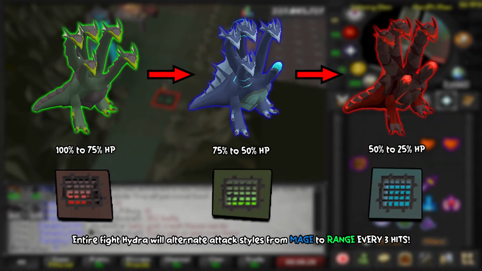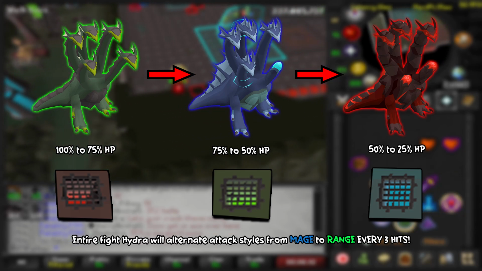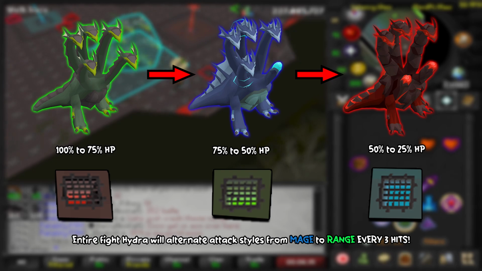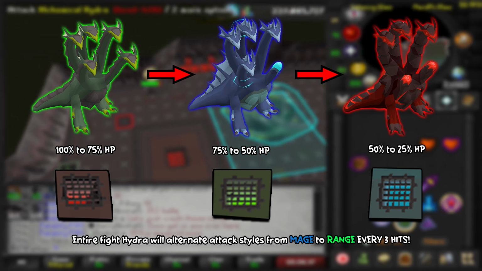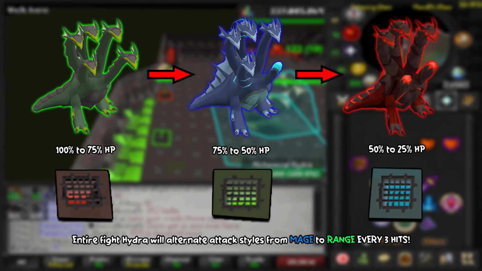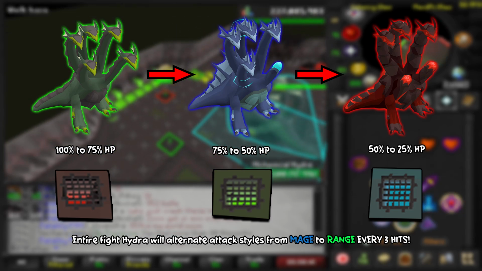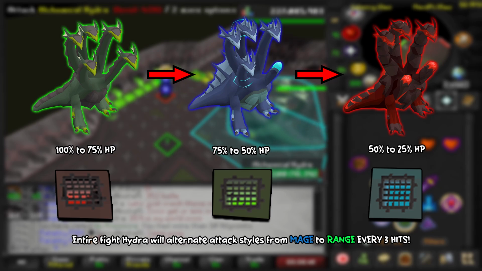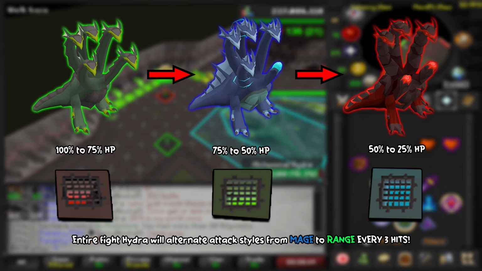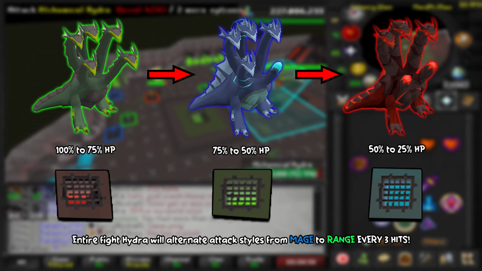So just to recap a few things and just go over a few mechanics during the fight that you've just seen, is that Hydra will alternate his attack styles from mage to range every 3 hits, and it's random at the start of the fight, but majority of the time it is starting with mage. In terms of standing Hydra on the vents, making sure on the green phase that you move Hydra onto the red vent at the start, but you'll naturally do that when you move on to tile 1, and then moving it on to the green vent to ensure that it changes into a blue phase and loses a head,